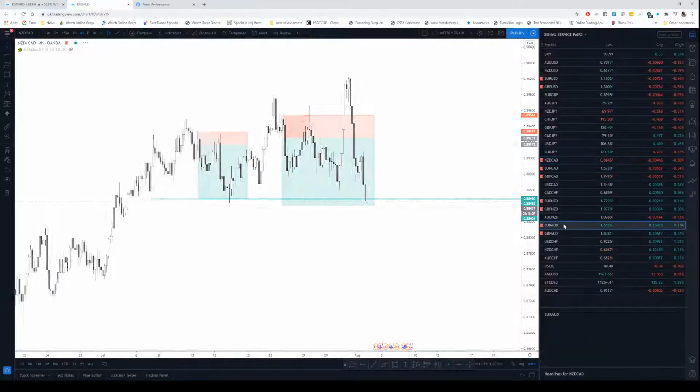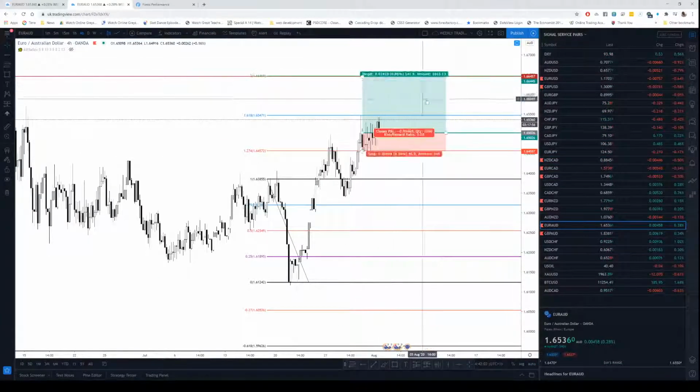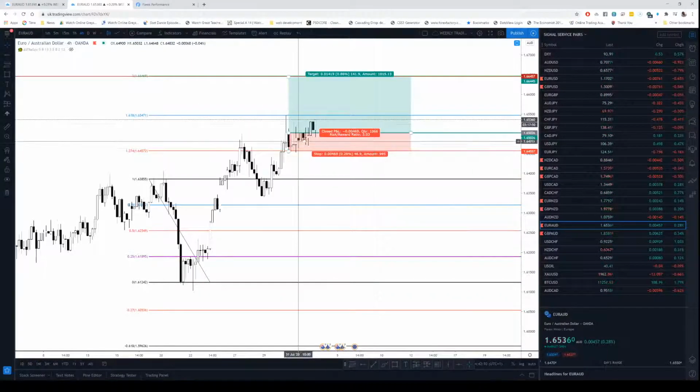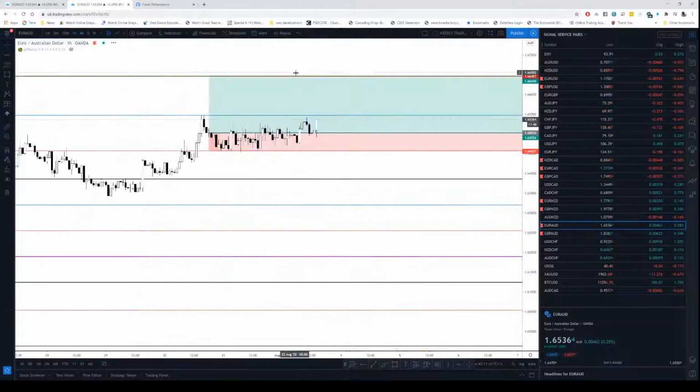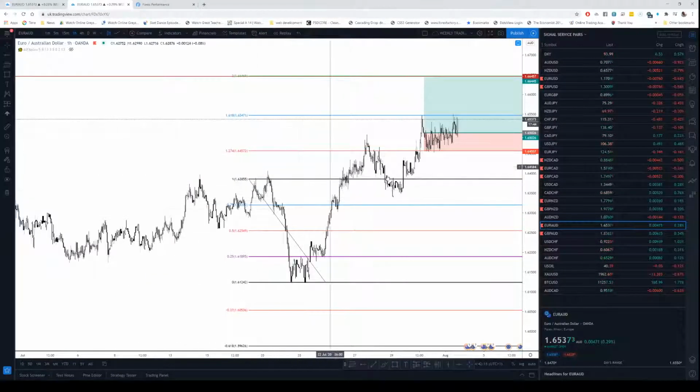Let's jump onto Euro Aussie. I just mentioned we are targeting this high, so if you want to, it is going, so you can take advantage, but there's nothing to say on this, right? I think most of you are already long from down here. If I'm wrong, correct me, but most of you should be long, and I did say it's a swing trade idea,